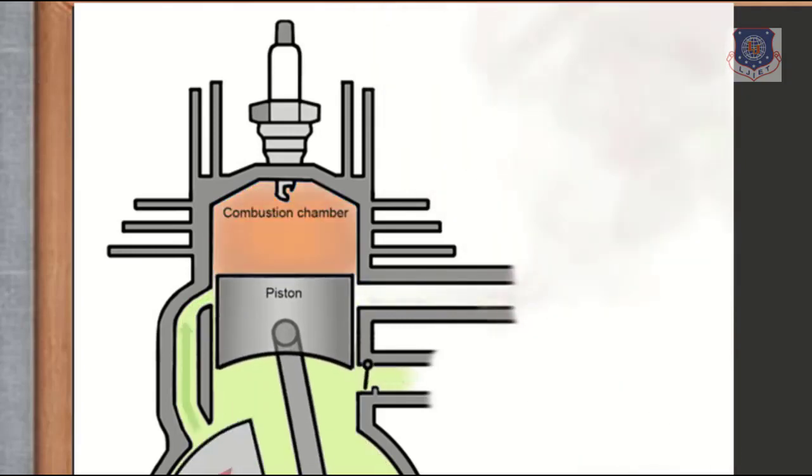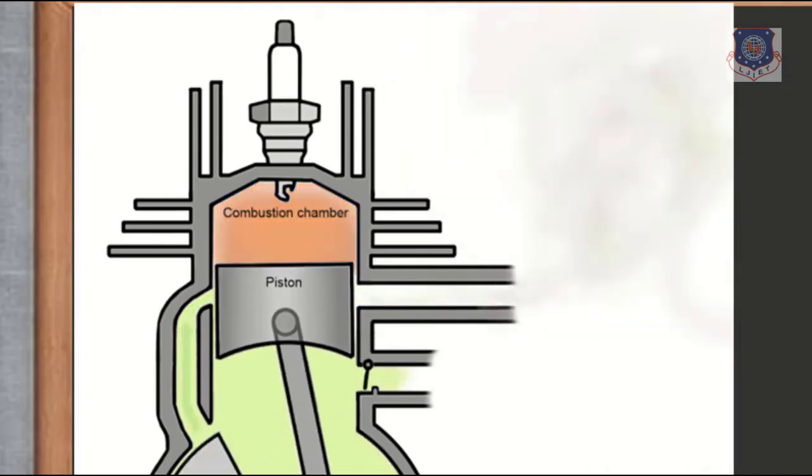Fine. So I am explaining all the things once again. When the piston is in the expansion stroke, it will come down. It will first open the exhaust port, then it will open the transfer port, and then it will close the inlet port. Fine. Now the piston is doing compression. So in that case, it is going upwards. So first the inlet port will be opened, thereafter the transfer port will be closed, and thereafter the exhaust port will be closed. So that's it for this one.